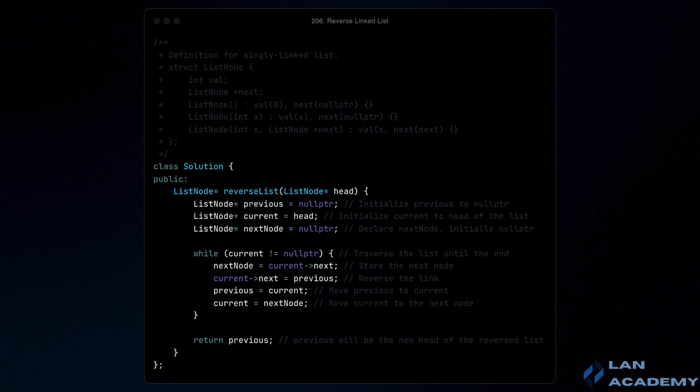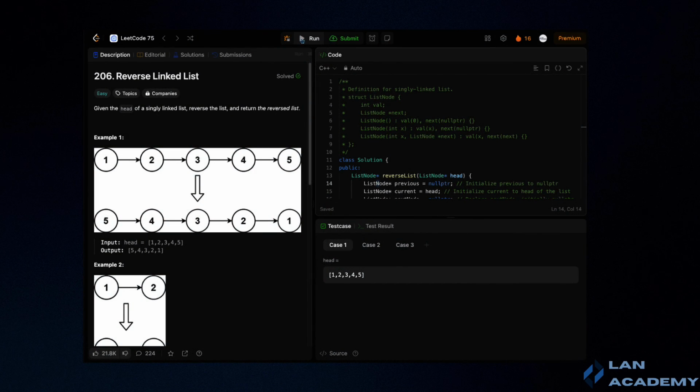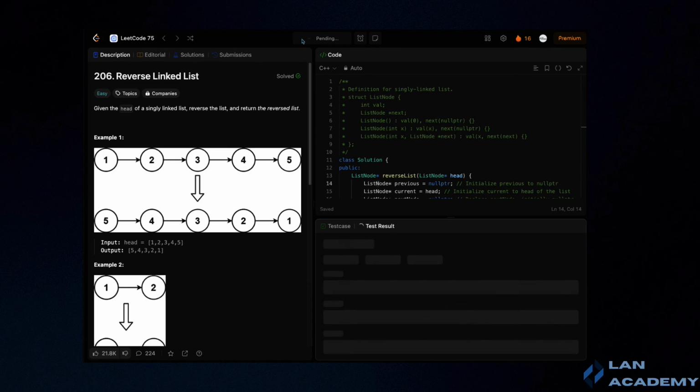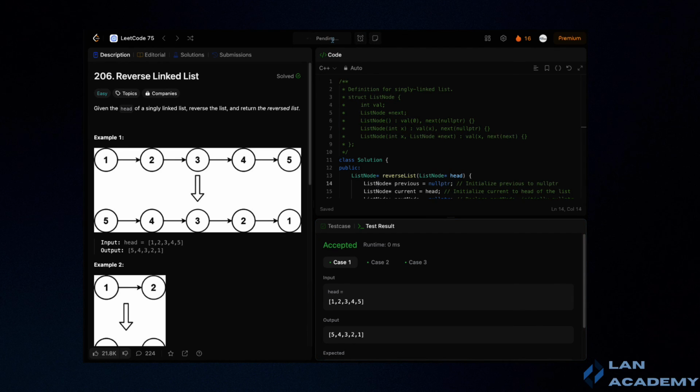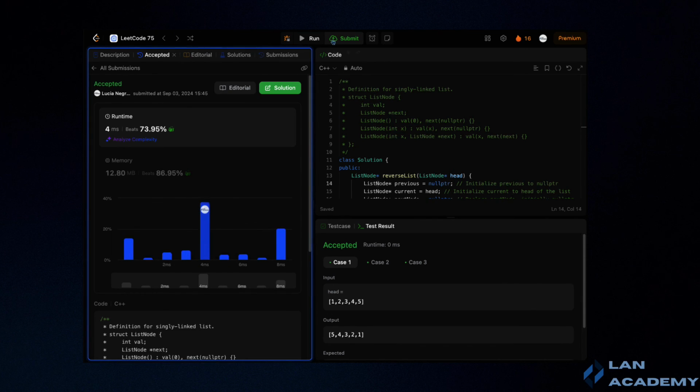By iterating through the list and adjusting pointers, we successfully reverse the list while maintaining a clear and understandable code structure. This combination of efficiency and simplicity makes the algorithm a valuable tool for handling linked list operations in software development. Let's test the solution with different linked list sizes to ensure it works. Try lists of various lengths, including very short and long ones, to find any issues and handle edge cases. This will confirm the algorithm's reliability and efficiency in reversing linked lists.